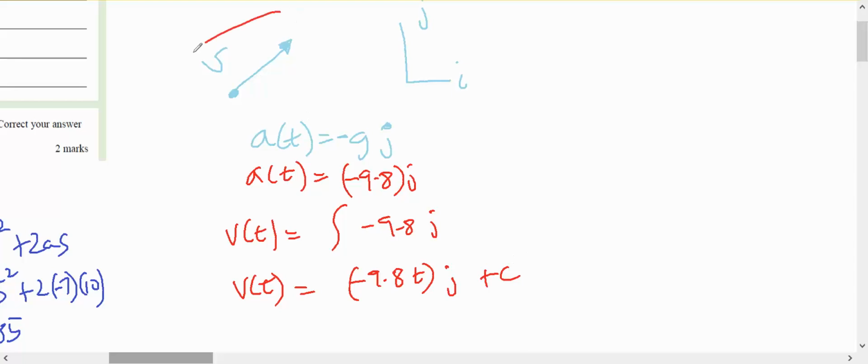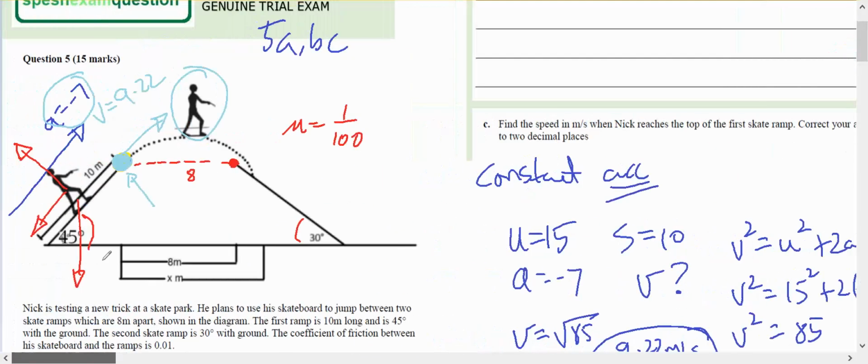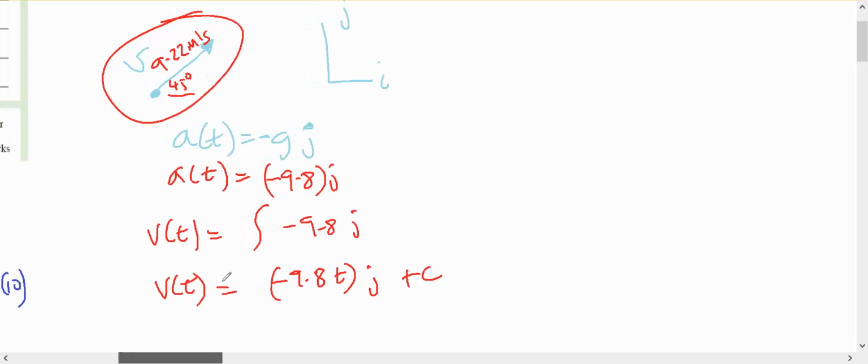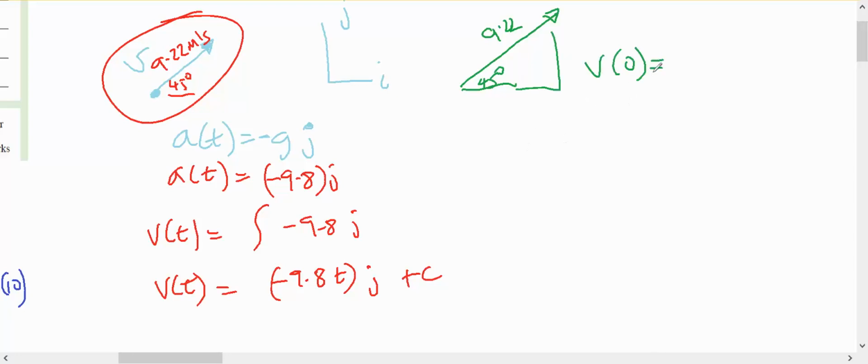And there is a constant because I know that he's travelling at 9.22 metres per second at 45 degrees to the surface the minute he leaves here. I don't care what he was down there because this is the point. And I'm going to recast everything and I'm going to call this new position 0, 0, and I'm going to call this T equals 0 for the time that he is flying in the air. Okay, so I know that he has velocity in this direction at 9.22 and that's 45 degrees. So his V of 0, that is his velocity at time 0, will be 9.22 cos of 45 degrees in the I plus 9.22 sine of 45 degrees in the J,